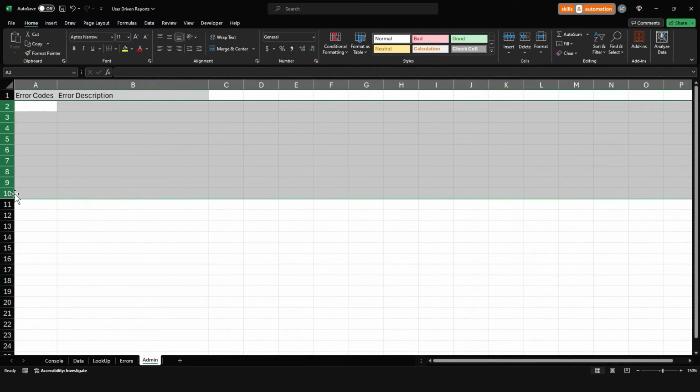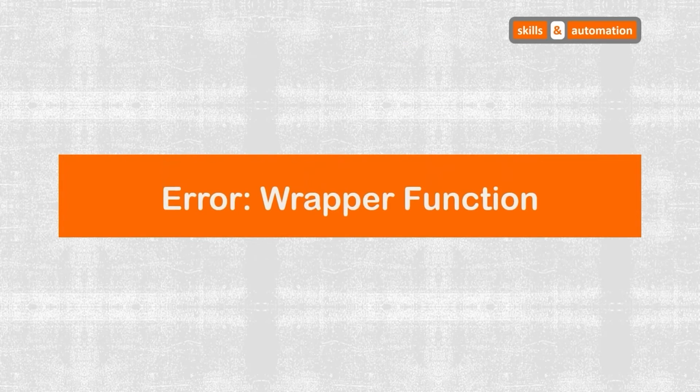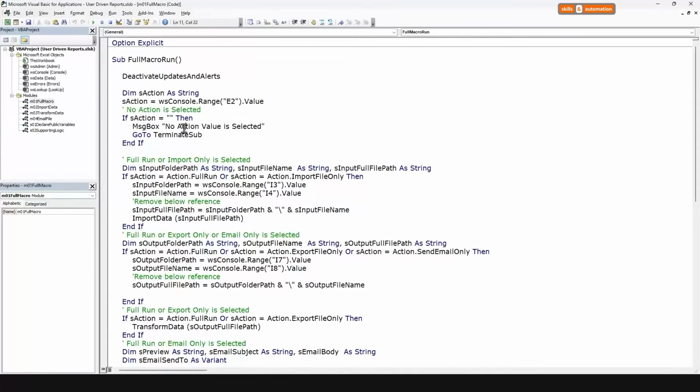Okay, so now we will first build a wrapper procedure which will take in the error code and return back the error message in the error sheet. Now, we are going to build a sub that will look up the custom error code from the admin sheet and return back the description on the error sheet. And if it's not a custom error that we are tracking, we will display a default message to contact the admin. Let's create a new module,